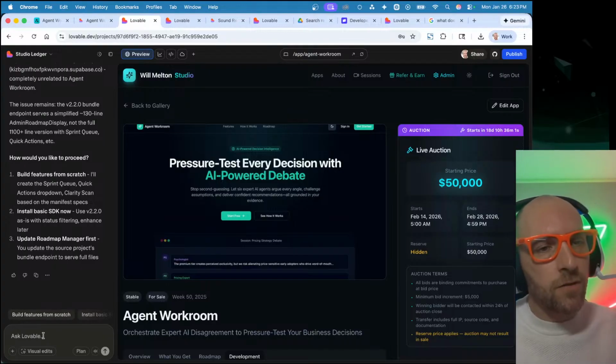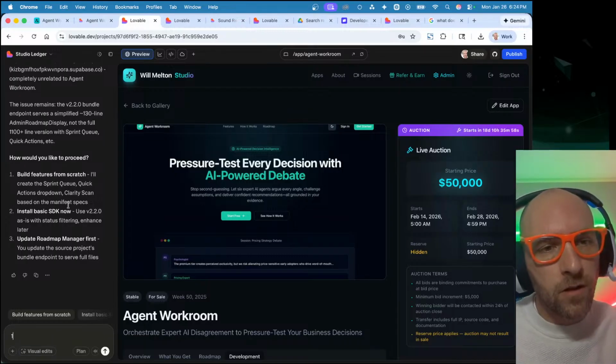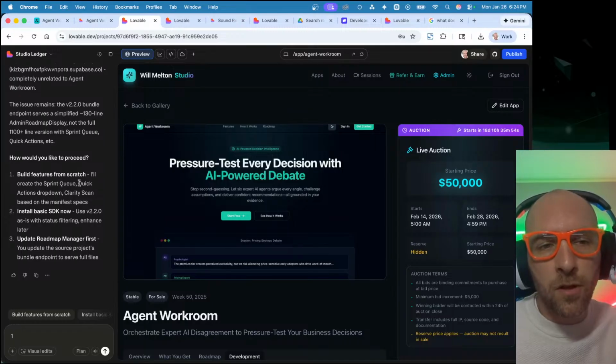I'm not quite sure if it's actually downloaded all the files to be able to build out all those features, but it's referencing them appropriately, which tells me that it has some clarity. So I'm going to go ahead and just say, one, I want you to go ahead and build the features from scratch.